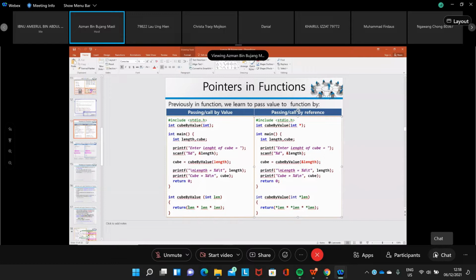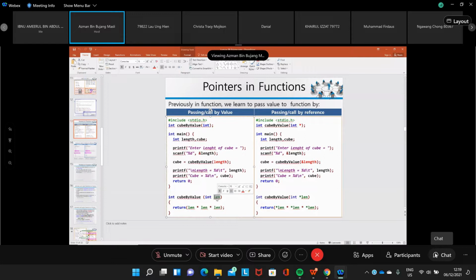Pass by value here on the left. We don't use a pointer. We just use a normal variable, which will store a value. So when you call the function with length here, the value of length will be copied to this variable len in your function, because this is passed by value.